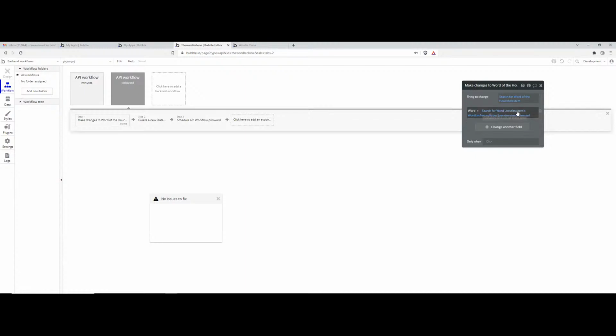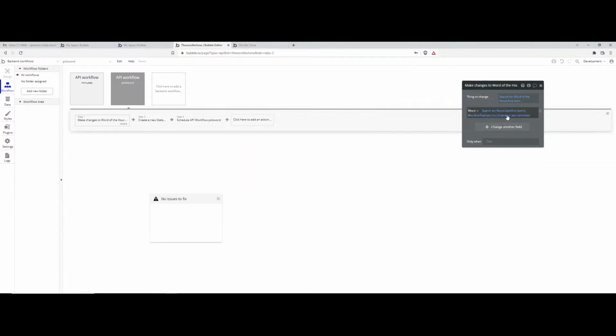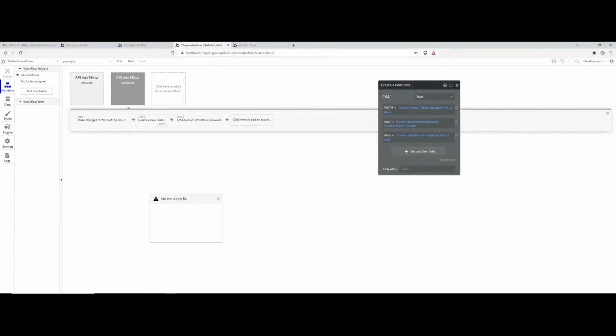What we're doing, we're taking the first item of that word list, split by a line break, taking a random item and then trimming it to make sure that there's no spaces. We'll then create a new stat record, which has a word of the hour, and the date. And so this is why we're actually taking,